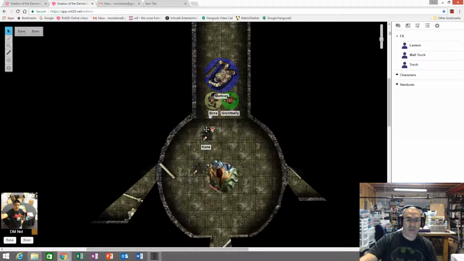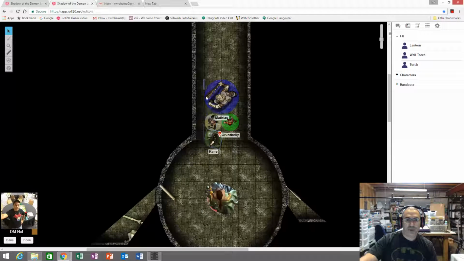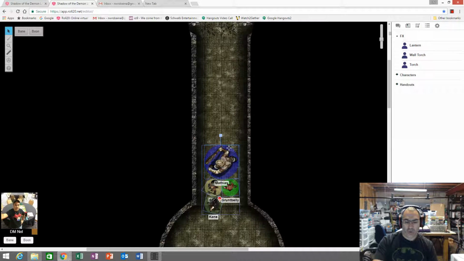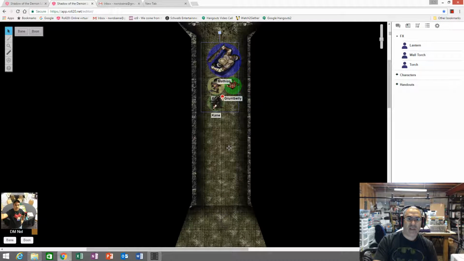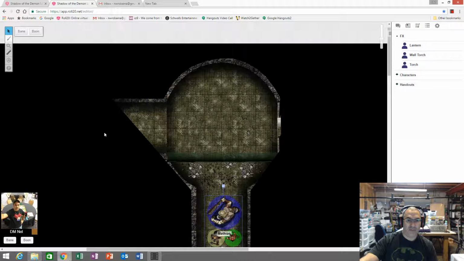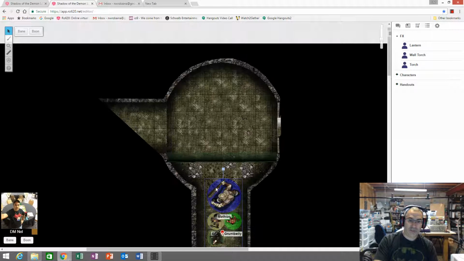So next they decided they were going to take on the Bloody Bones, and so they start progressing back up the hallway. And one thing that they learned from the encounter with Lady Aurora was that the flooded passage that they had initially come through was no longer flooded. And they were not really sure why. So they came up here to inspect it, and they found that it indeed was no longer flooded.